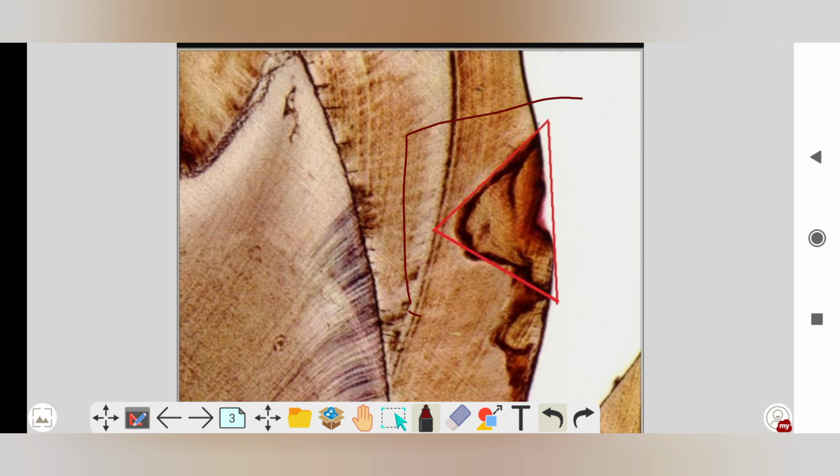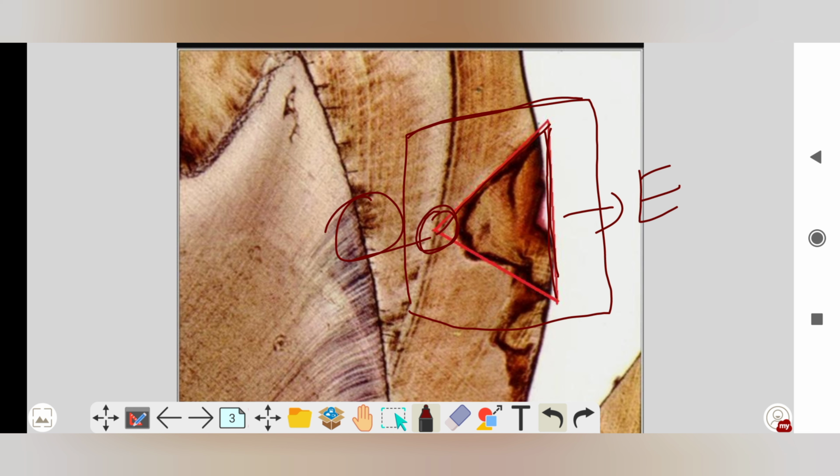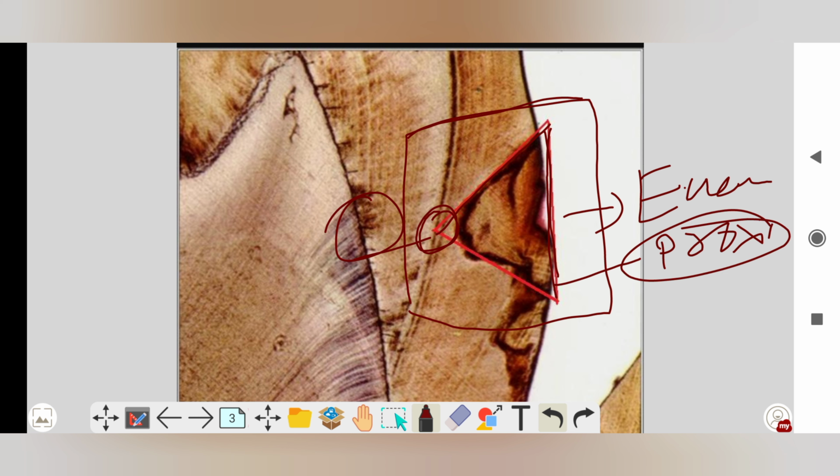Okay, this is about the cone. This is the smooth surface caries of the enamel. So this is the cone, with the apex of the cone towards the DEJ. So this is the DEJ. And the base of the cone is towards the enamel surface, or towards the proximal surface. So this is about smooth surface caries. This is a diagram from the internet.